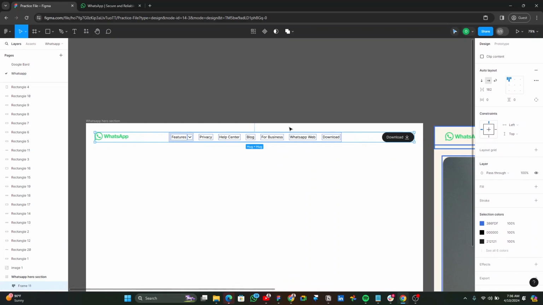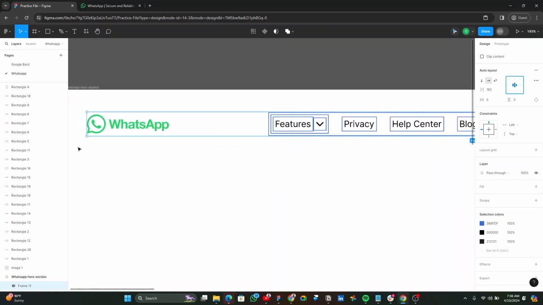So for that auto layout, the alignment of the text, we want it to be at the center. Can you see? Align center, just like this. So you might not see any difference when I did it, but if you look closely, you'll see a difference. So look at this WhatsApp icon, and when I do this,